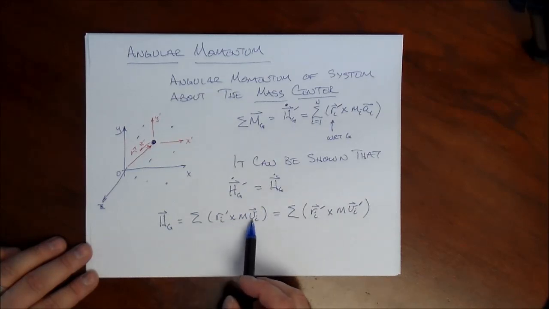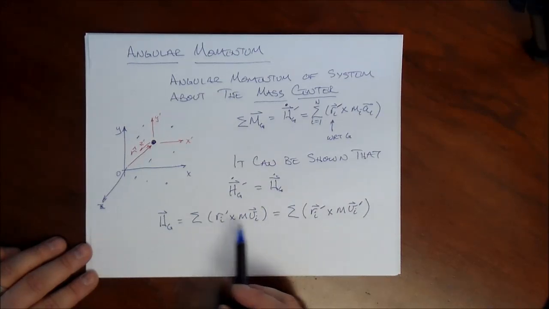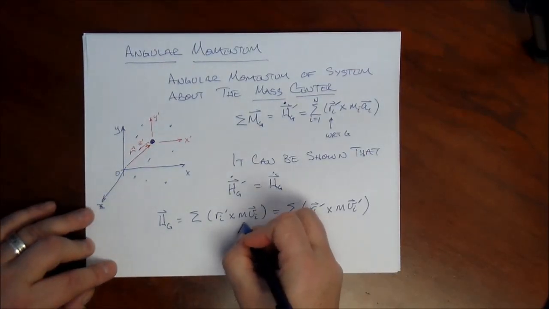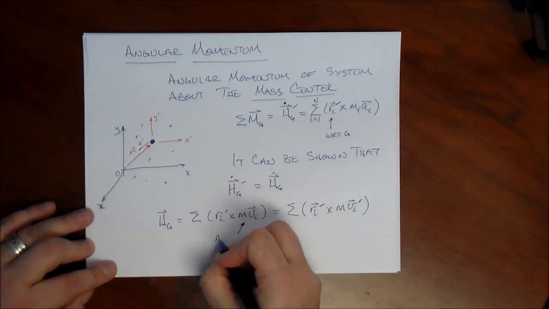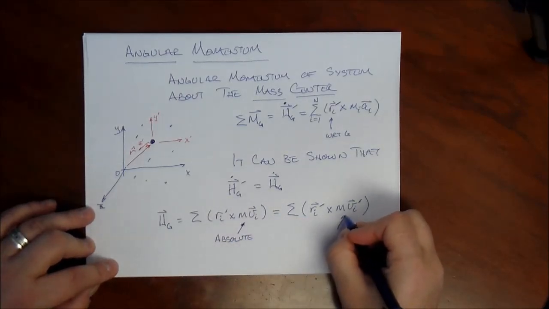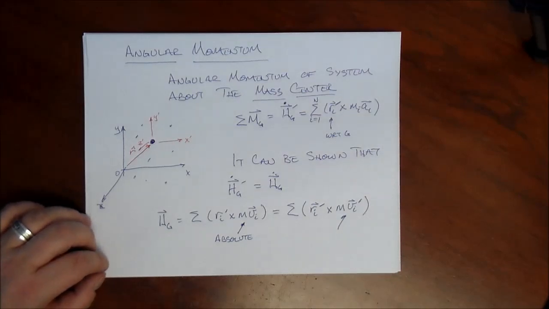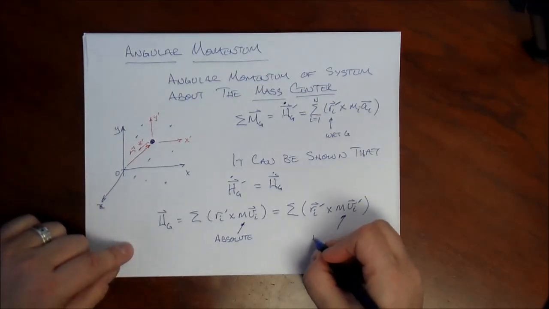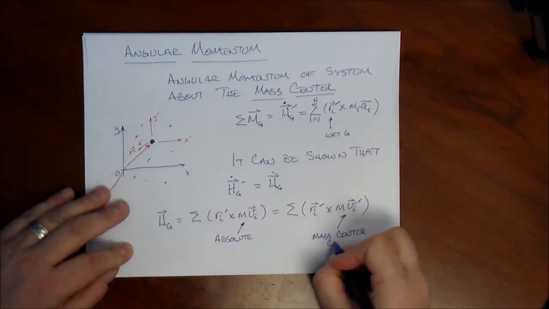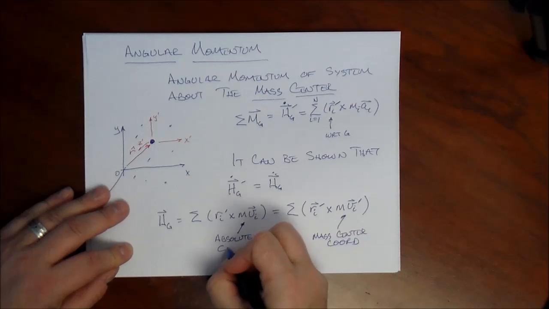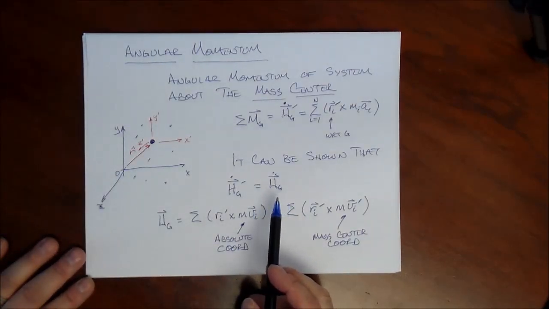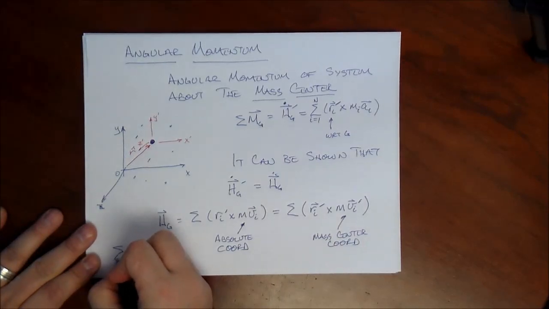We're always taking the moment of the momentum with respect to G. This is the r sub i prime. But the difference is, are we using the momentum in the absolute frame, or are we using the momentum with respect to the mass center frame? So it's a really subtle difference, but using that we can say then from Newton's second law,